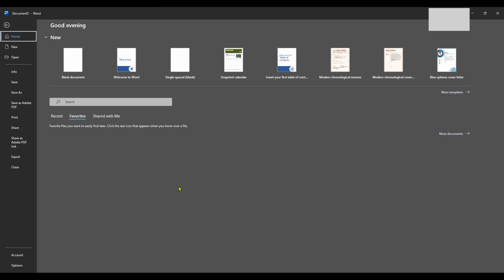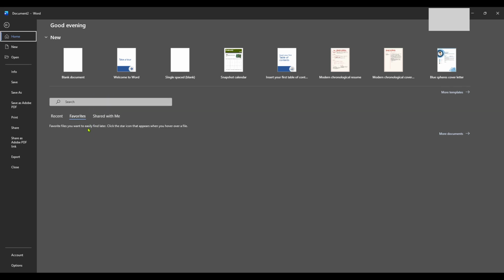First up, you'll need to open your Microsoft Word application. Once you have it open, the next thing to do is select the document you're working on. This document is where you'll be including your reference citations, so make sure it's the correct one. If you haven't started your document yet, now is a good time to do so.